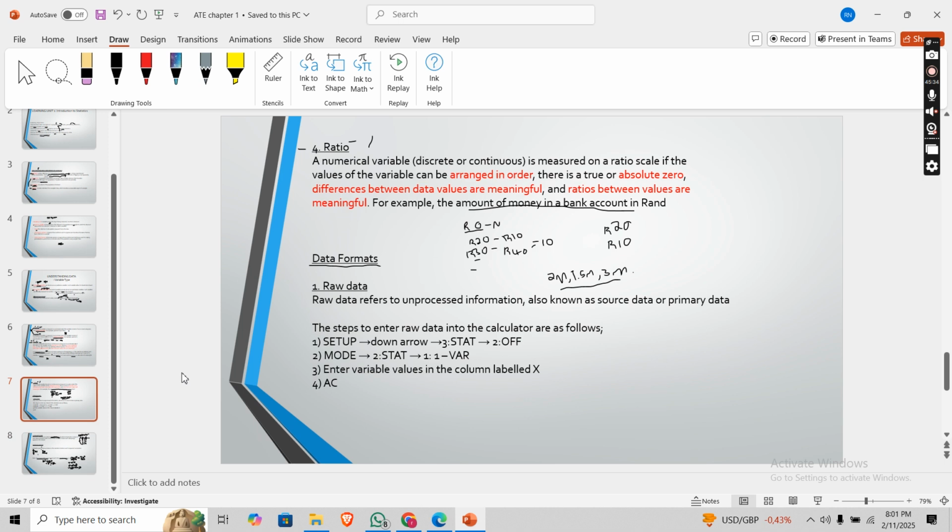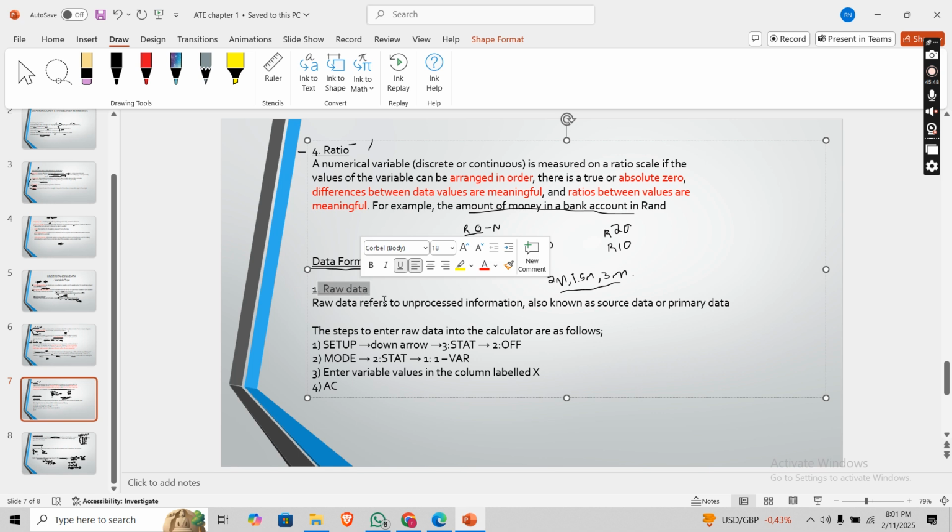And then the last thing, I'm going to show you how to enter data into your calculator. I'm going to show you how to enter raw data into your calculator. So why do we need to enter raw data into your calculator? We need to add raw data into your calculator because